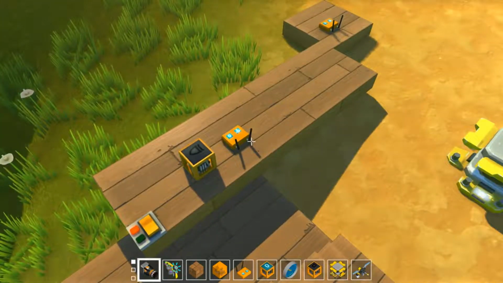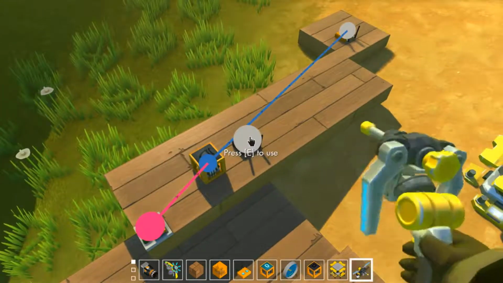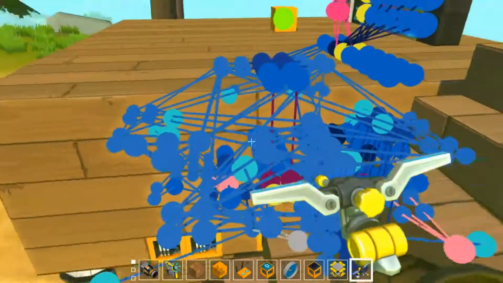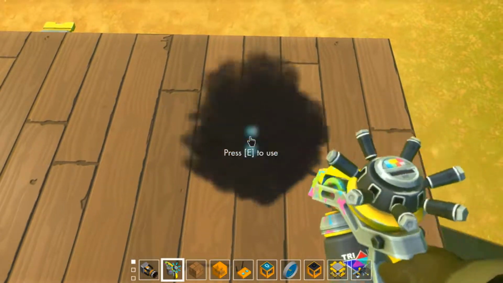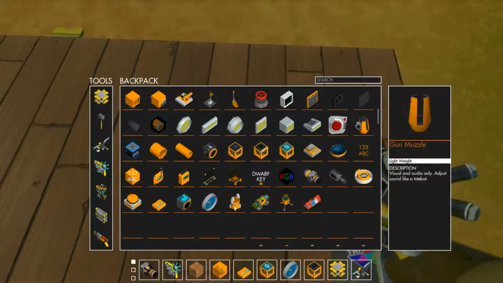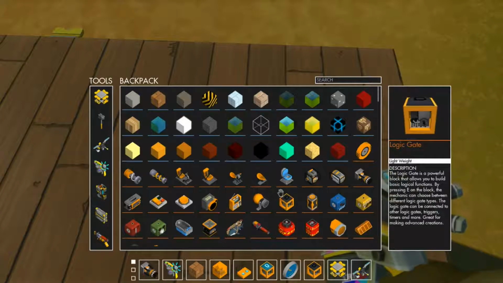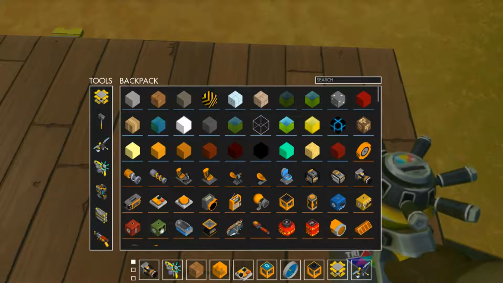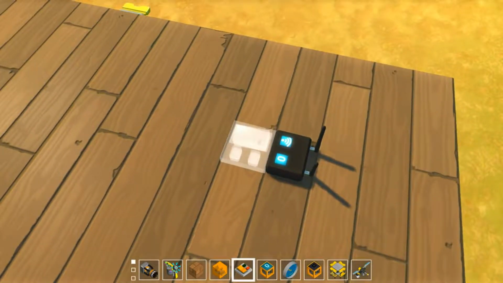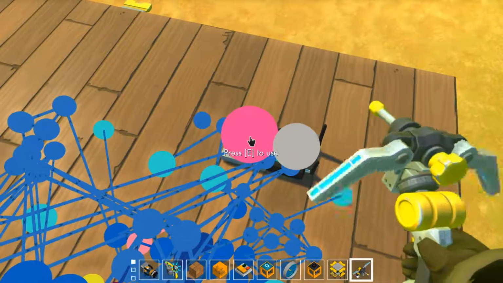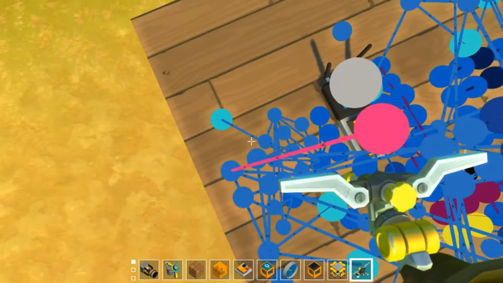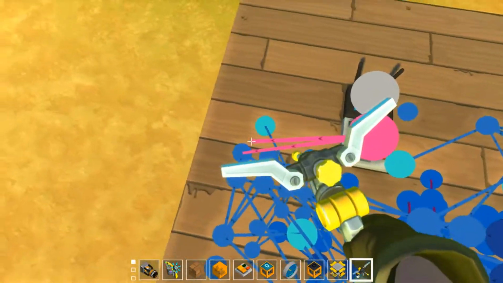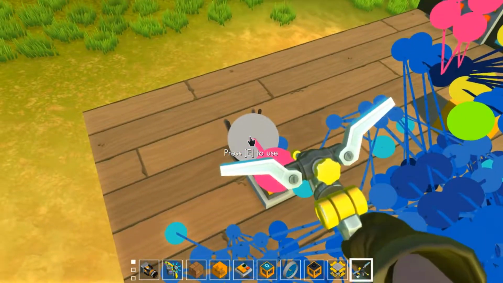Put a new wireless block, paint it black, connect it into that, and then on top of this thing, paint this black, and then put a switch on this. Okay, now it would be nice for me to note down my, what did I just connect that to? It makes no sense how I connected it to that, but